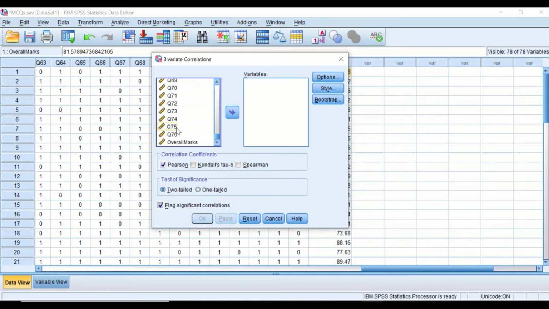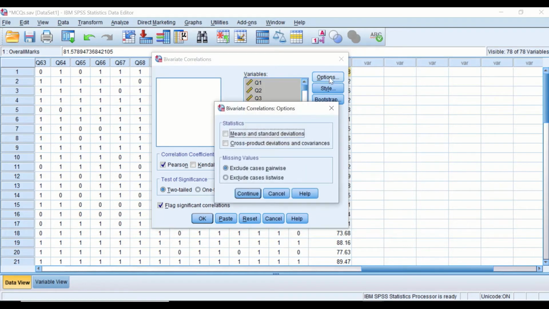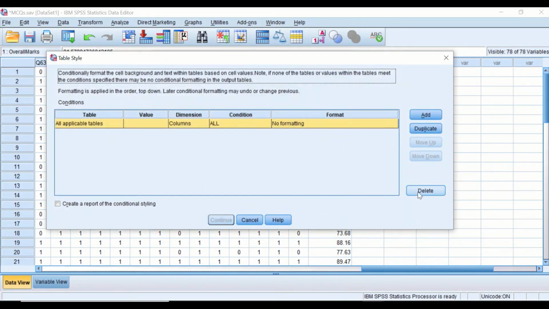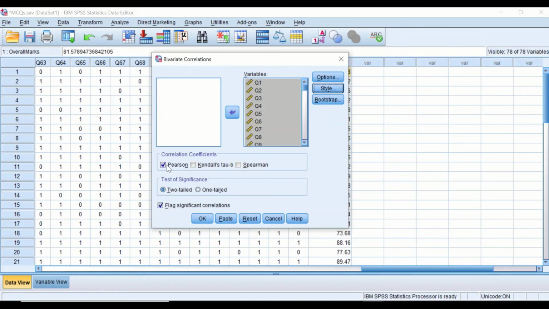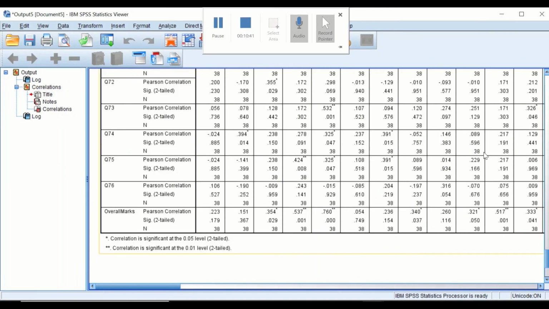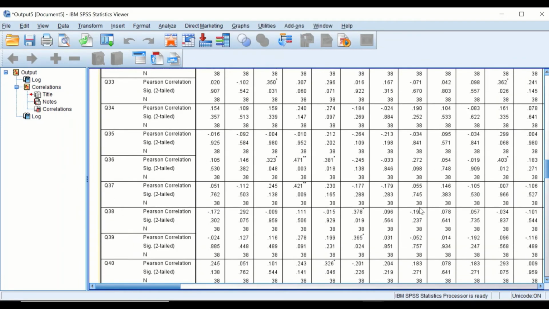Press Control A to select all the questions with the continuous variable and drag them into the variables box. We're not going to change anything here, but we make sure that we use the Pearson correlation coefficient, as the point-biserial correlation coefficient is based on the Pearson correlation coefficient. If we click on OK, SPSS will generate a correlation matrix